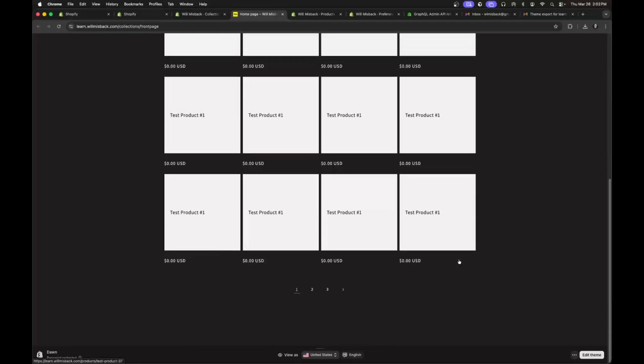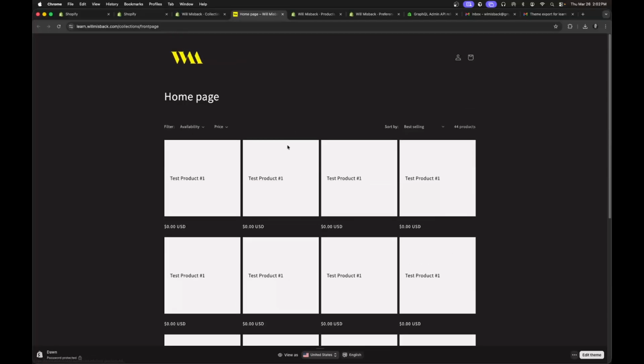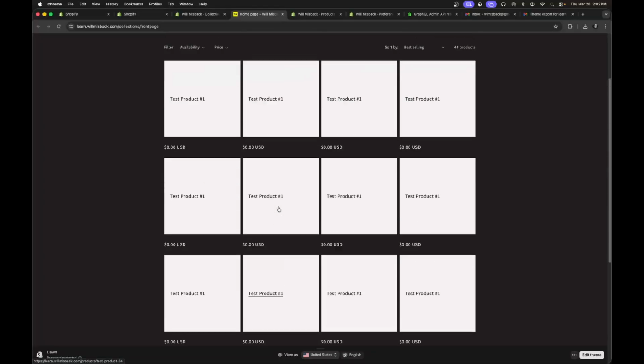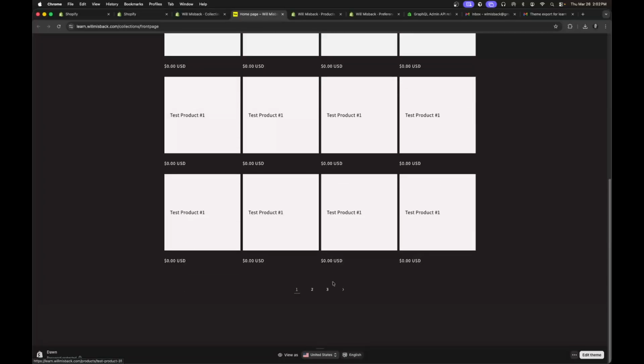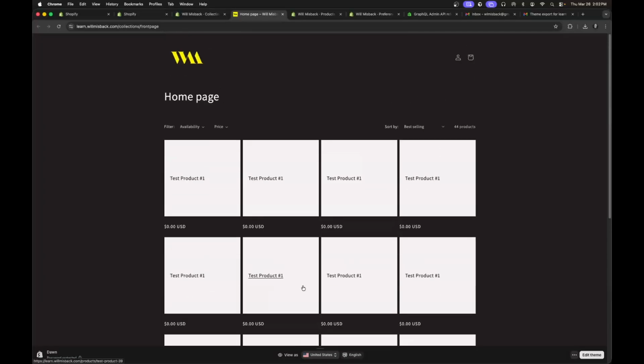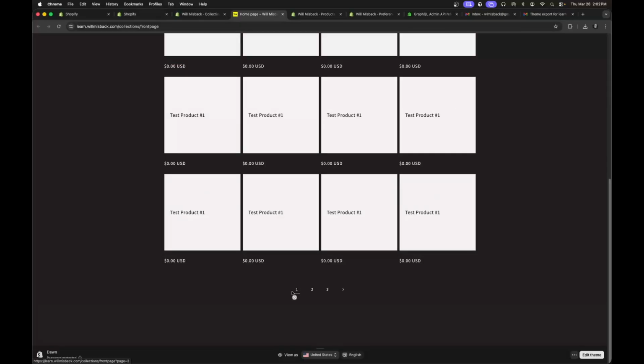previewable. And so what you'll see here is that we're on the homepage collection, which I've added all of these test products to. And when we scroll to the bottom, it doesn't give us that infinite scroll feature from earlier. It has pagination here. And so what we want to do is import the Horizon feature, which will give us